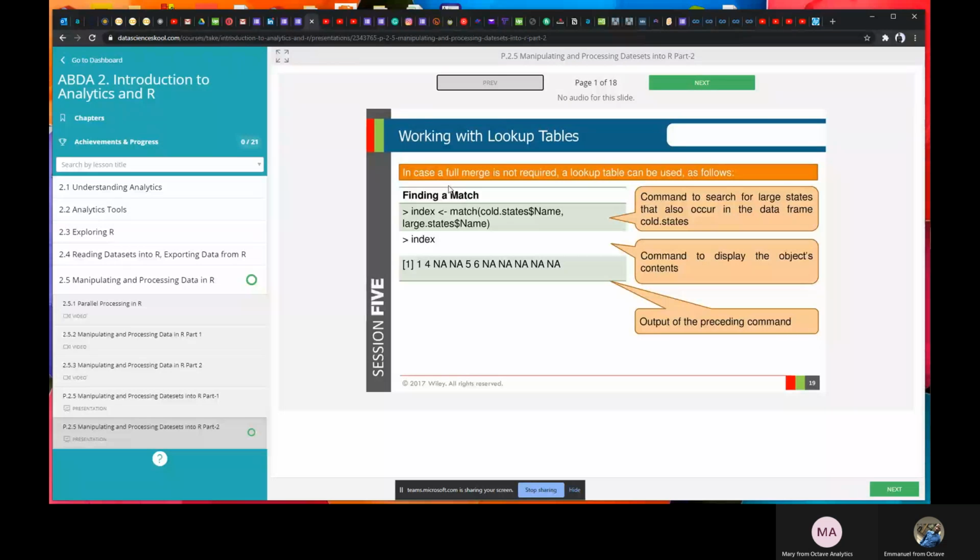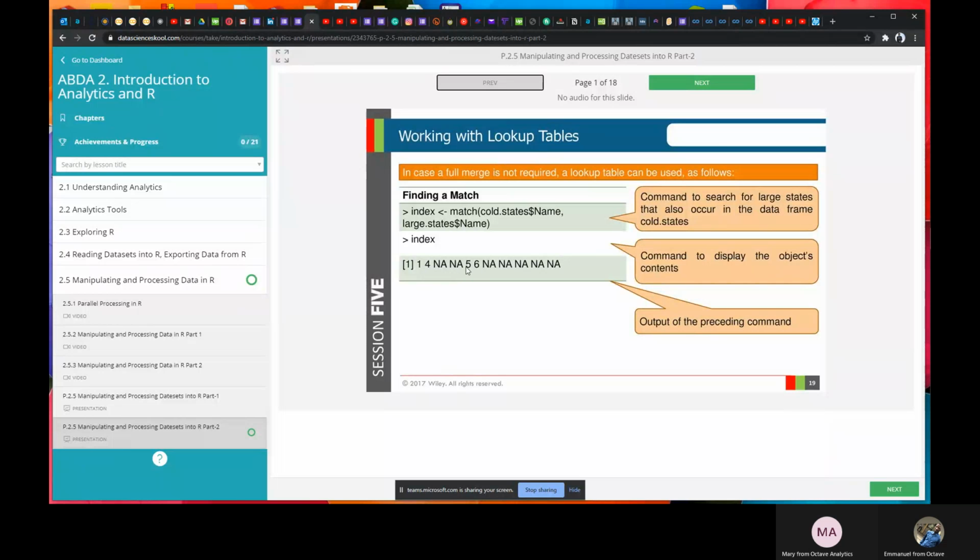So I might want to look up the rows or the index that actually form a match between those tables. So I can say employees ampersand department ID, comma, department ampersand department ID. Do a match between them. Give me the ones that actually match. So this gives me index 1, 4, 5, 6.